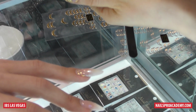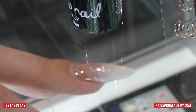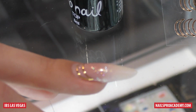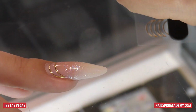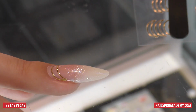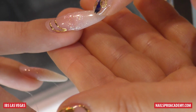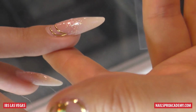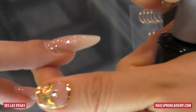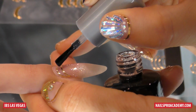Brush the top gel. So we need to seal it with a top gel or top coat. Any of them. You apply the top gel, make it better, more better. Yeah, I have top gel over there. Yeah, for gel nails. And then